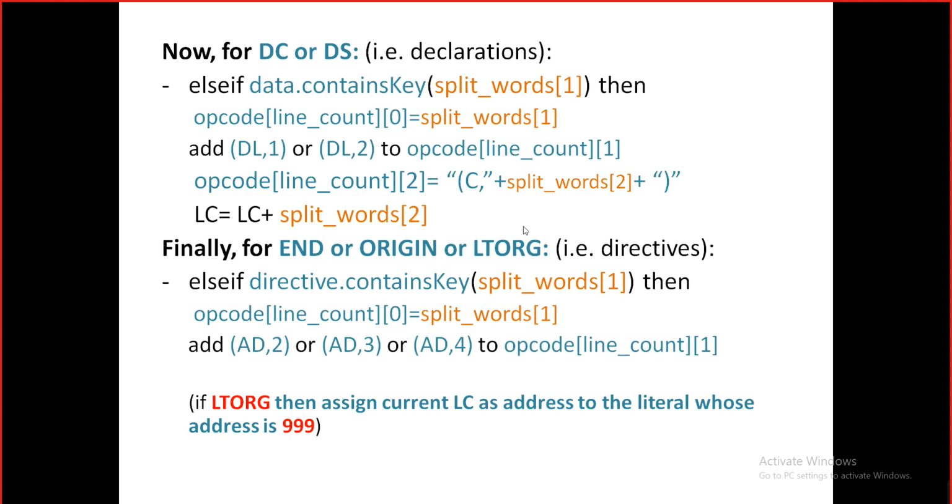But if it is LTORG, in that case we know what we have to do. Whatever literals are there in the literal table whose address was 999, we will update their address, right? And what will we put as address? The current LC, whatever is the value of current LC, that will be put as address in the literal table, right? If it is LTORG. So in the same condition where we are putting AD comma 4 for LTORG, there itself we can perform this task. And the other task, to update the pool table, that also has to be done in the